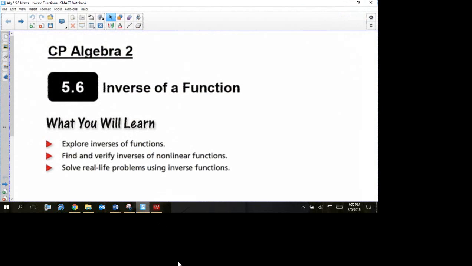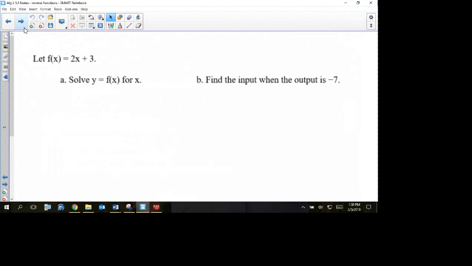Okay, we're learning about inverses. It's actually chapter 5, even though we are now in chapter 6. Chapter 6 involves inverse functions, so you got to learn what an inverse function is first. When we talk about inverses, we talk about opposite operations. The inverse of multiplication would be the opposite of multiplication, which is